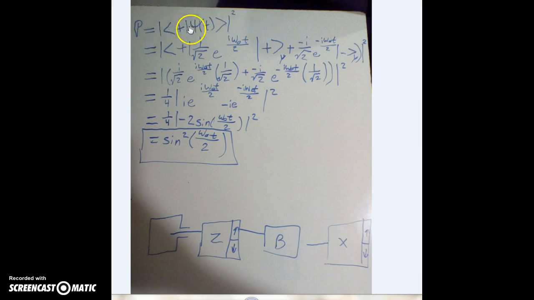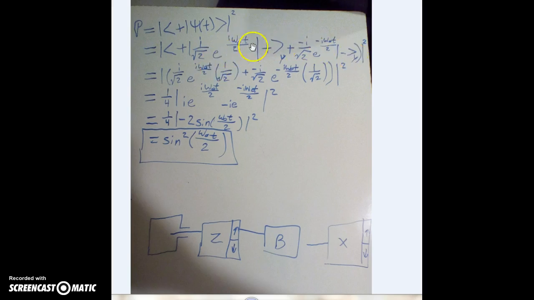And so we want to find the plus spin, and so this can be expanded out by putting in psi of t, which we found in the last part. So we put in our answer from part B, and then now we just have to